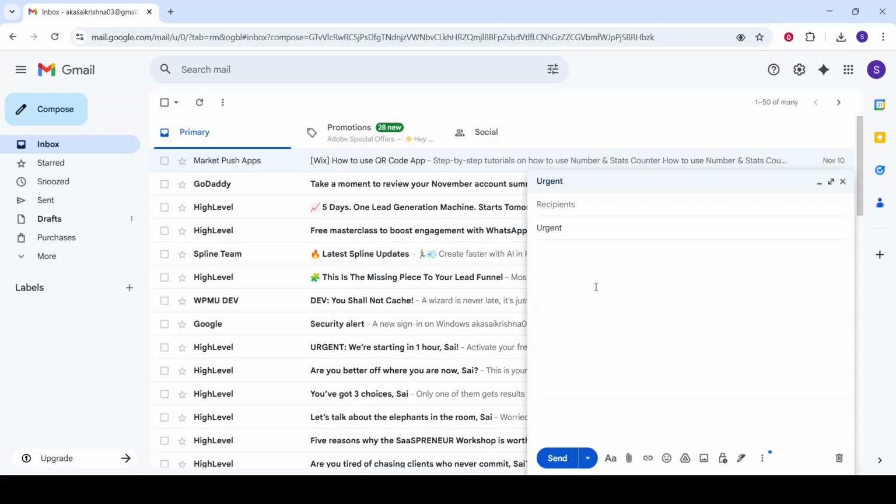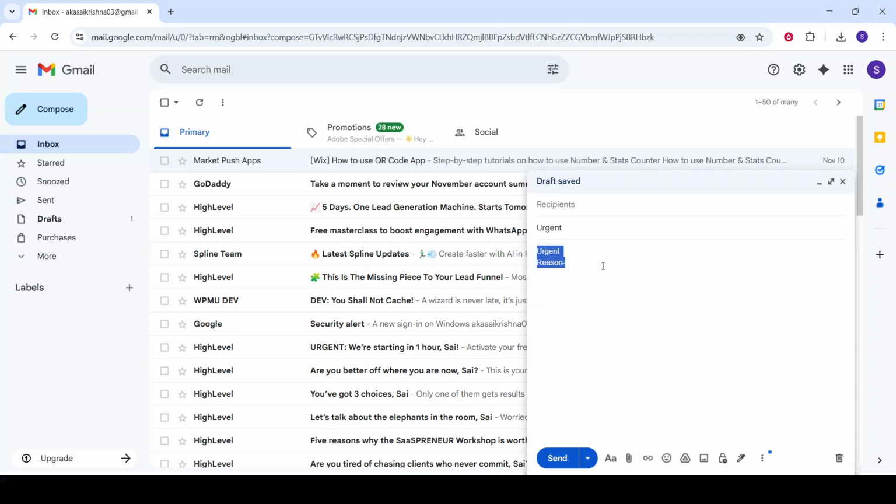Now, let's move on to the body of your email. Make sure to start with a greeting that suits the level of formality appropriate for the recipient. Then, dive straight into the reason for the urgency. Be clear and detail what you need from the recipient without getting too bogged down in unnecessary details. For example, if there's a deadline approaching or a critical decision that needs making, state that up front. The goal here is to make it easy for the recipient to quickly understand the situation and what you require